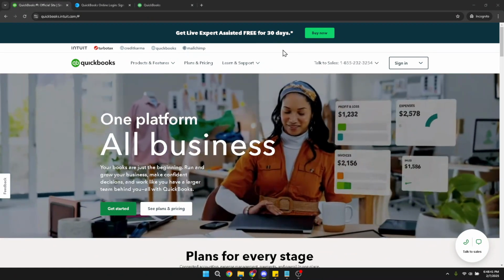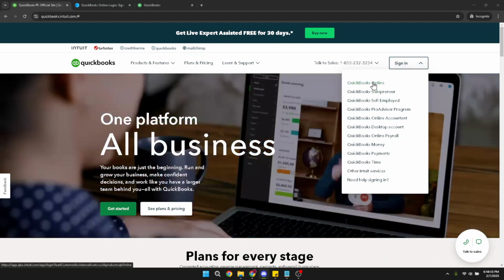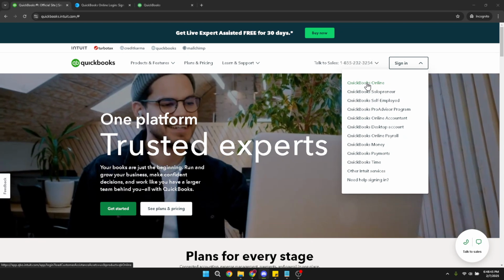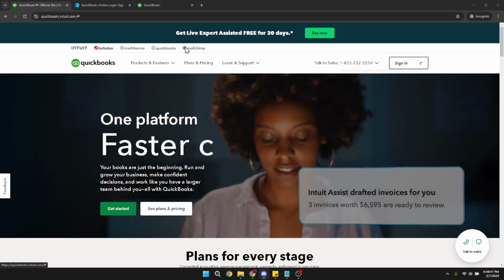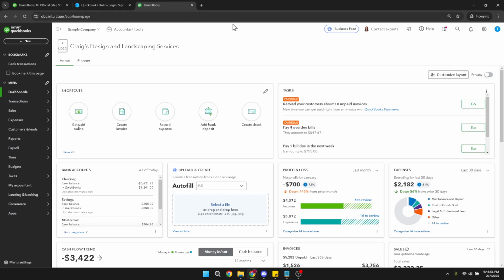To do this, open your web browser and go to the QuickBooks Online sign-in page. If you have your credentials handy, this will be a quick step. Just enter your username and password, then click Continue. If you have more than one business associated with your QuickBooks account, make sure you're selecting the right one to work with today. Once you're logged in, you'll find yourself on the dashboard, a hub of all your QuickBooks activities.